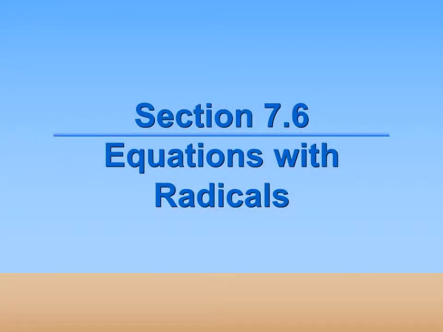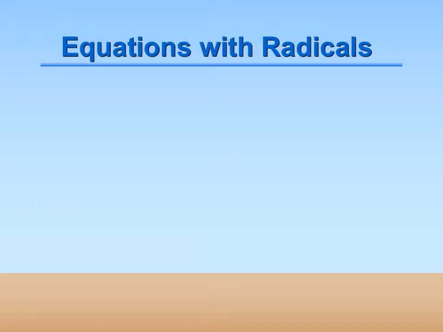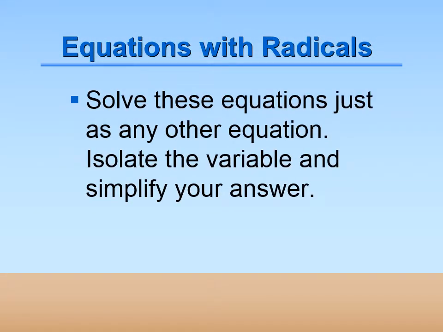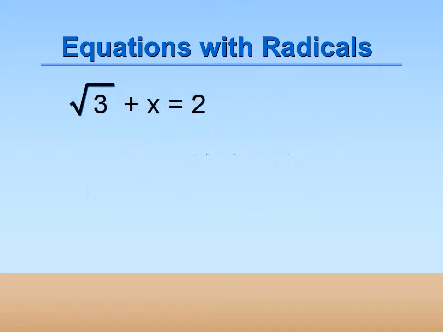We are going to talk about how to solve equations that have radicals in them. When you solve these equations, you're going to solve them just like any other equation. You isolate your variable and simplify your answer. So if we have the square root of 3 plus x equals 2, we still want x to be by